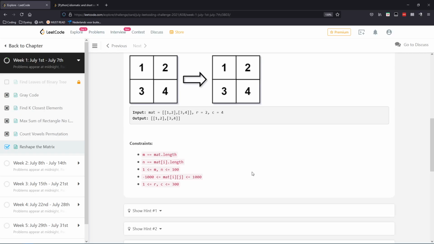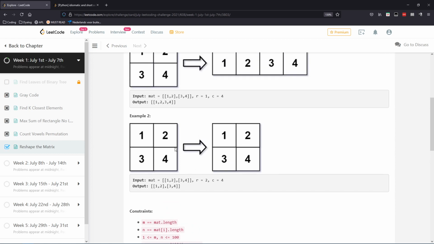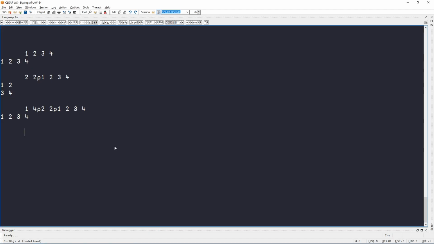There's a test case like that. So there's this matrix over here, the same matrix, and then the new shape is 2-4. Now a matrix that has 2 rows and 4 columns has 8 elements, but this original matrix only has 4, and so what they say is, well, there's not enough data to fill in the new matrix, so just return the original one. But in APL, what would happen is, if I have this input, which is the 2x2 matrix,